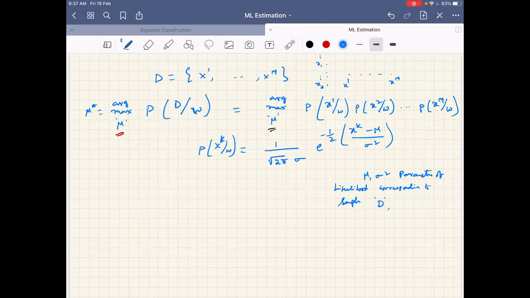If you have that confusion, I will do one thing. I will change the parameter. So assume that P of X given omega is in general parametric form. So let it be exponential distribution as well. In that case, what may happen? Say P of X given omega may be e power minus lambda into X, right? So 1 by lambda, I think, if I'm correct. Don't bother about normalization factors, but assume that this is the distribution.